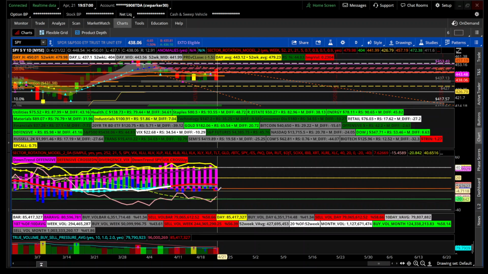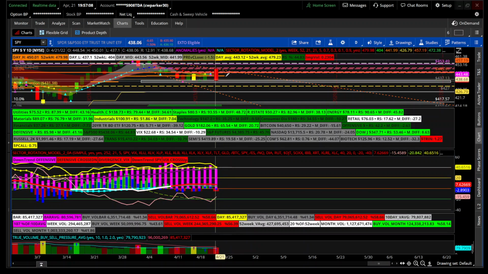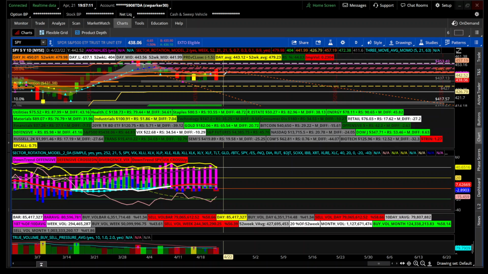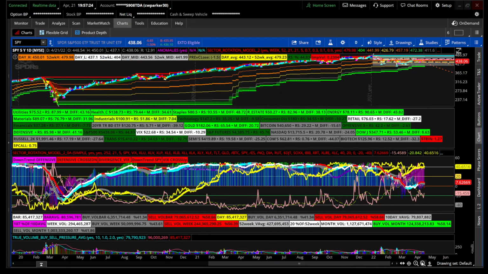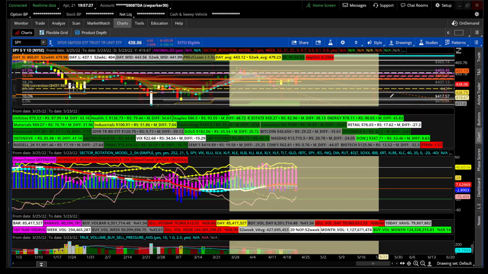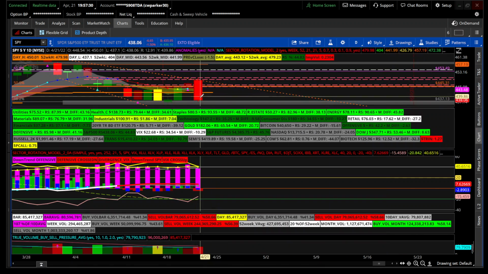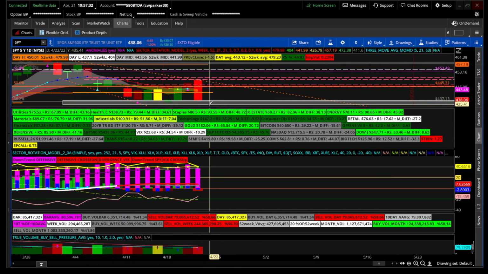And you can see right here, this little red smidget is the S&P 500 in regards to the model. And right now it's below its 50% ratio between the S&P 500's 52-week high and low, and it's dropped below 50 again. And with the type of candle it actually made, this bearish engulfing candle, you can probably expect another down day for Friday. And anyway, investors don't like to be in the market over the weekend anyway, especially with all the